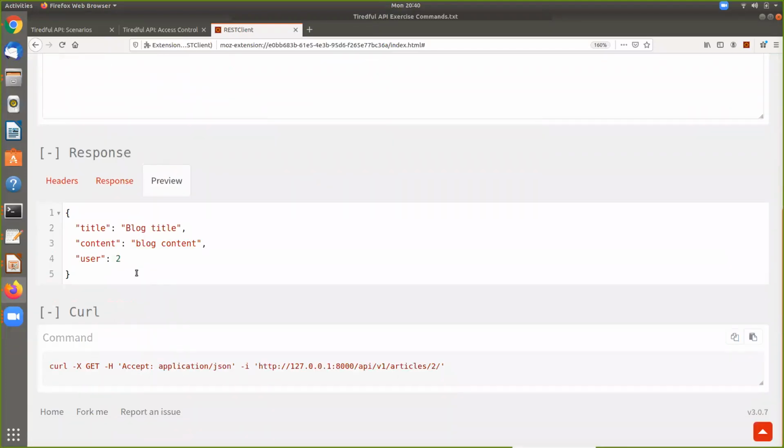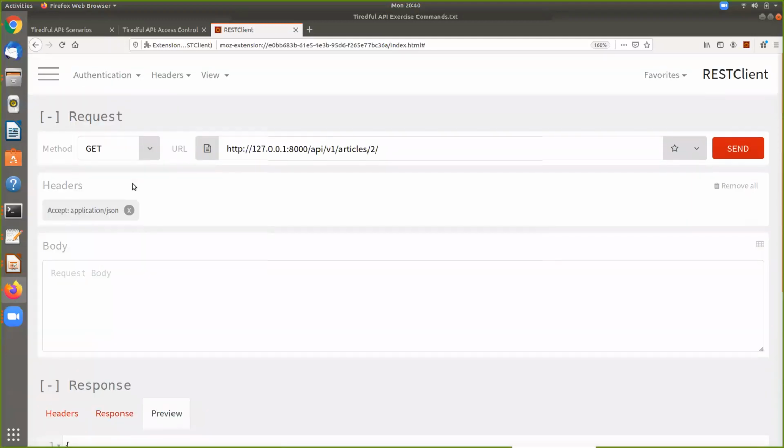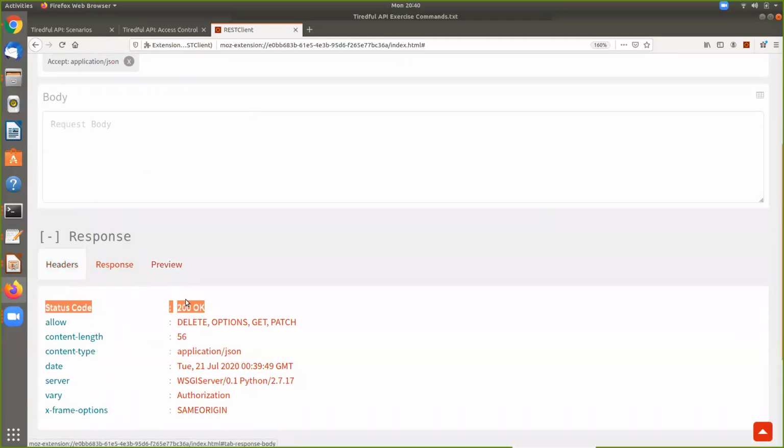So our goal here is to try to do something that would normally require admin rights, because at this point we're just retrieving it. So if we come back here and look at the headers a little bit closer, notice what's allowed. The first thing in the list is DELETE. If somebody's just supposed to be able to view something, they really should not have delete permissions to it.